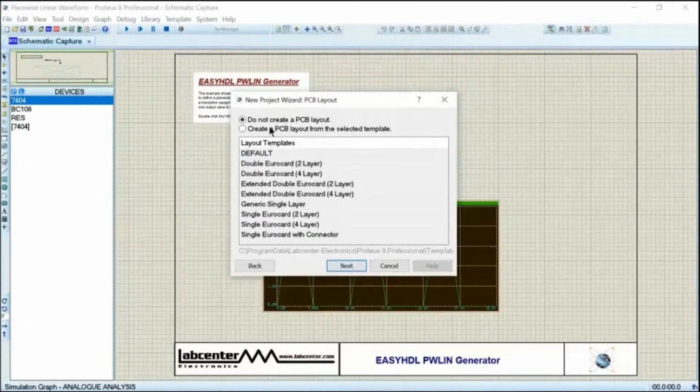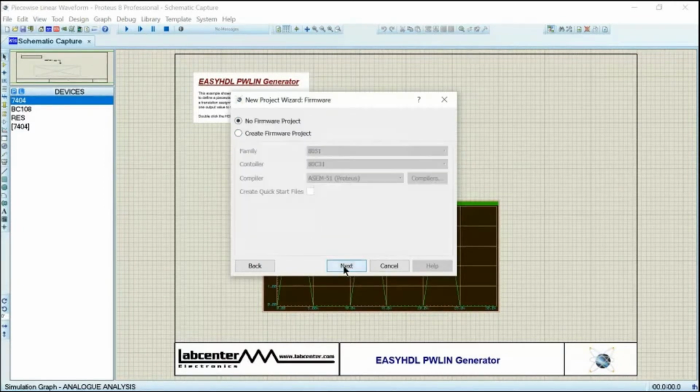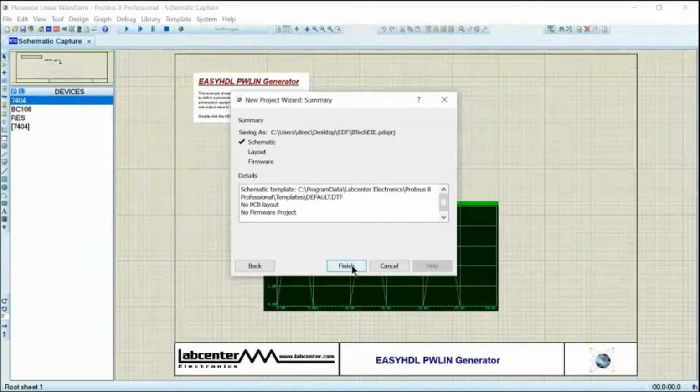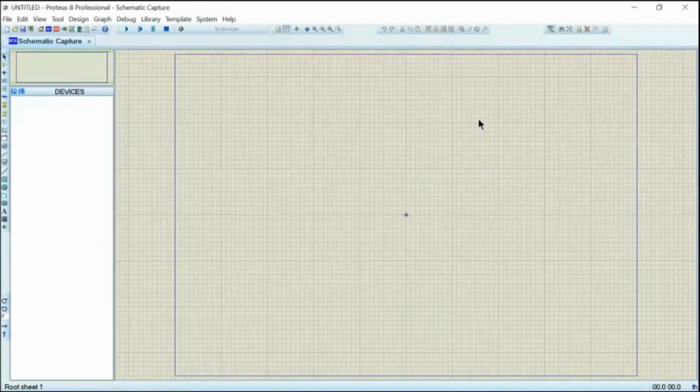It asks whether you want to create a PCB. We are not going to create any PCB, so click next. It asks whether you want to write any firmware or coding. We are not going to do that, so we are simply going to design the schematic part. Just finish it. Once you finish, Proteus will automatically open a blank window like this.